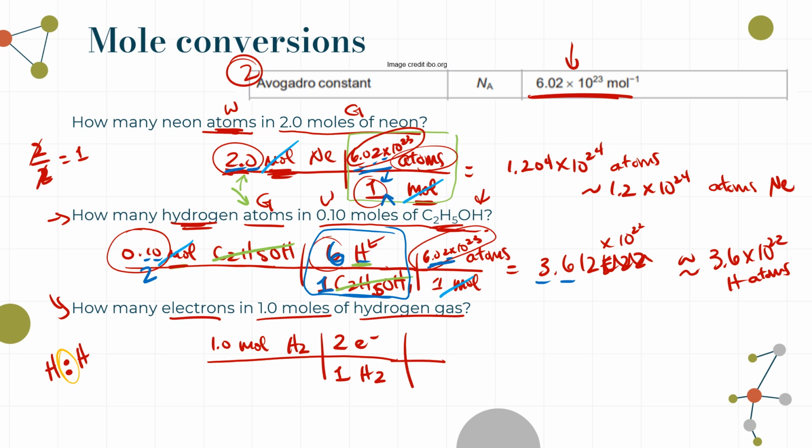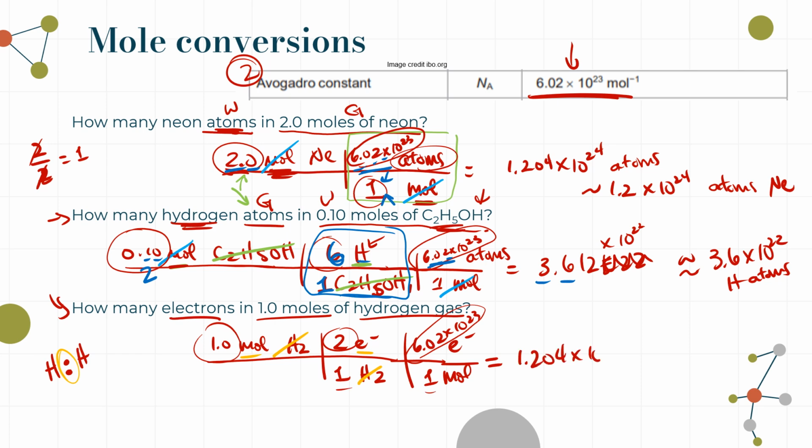So now I've gotten rid of our H2s. I have moles of electrons. I don't want moles of electrons. I just want the number of electrons. So we're going to get rid of that mole. Once again, put it on the bottom. We're going to put electrons on the top. How many electrons in 1 mole of electrons? Well, there are 6.02 times 10 to the 23rd electrons in 1 mole, because that's however many things there are in a mole of anything. And so now we are going to go 1 times 2 times 6.02 times 10 to the 23rd divided by 1, which is going to give us